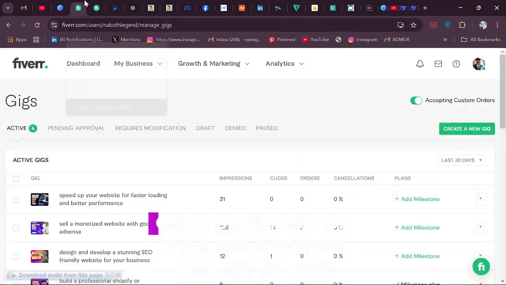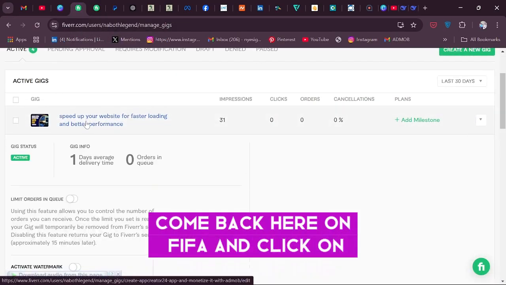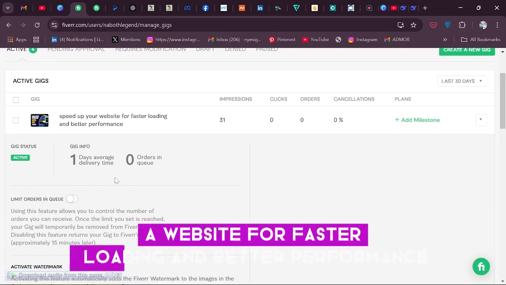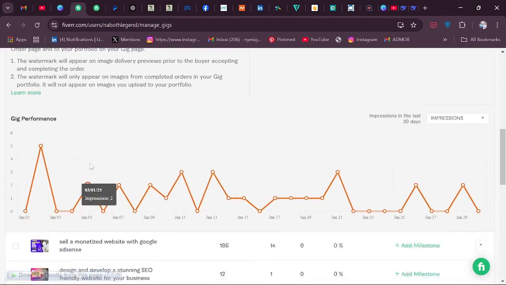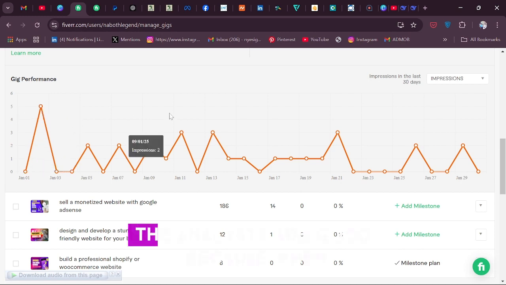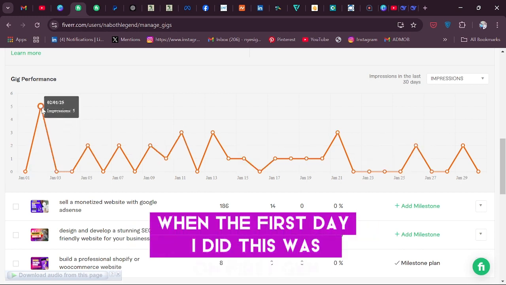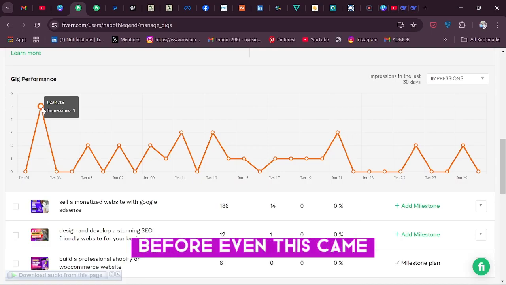For example, when you come back here on Fiverr and click on this gig of mine, which is about setting up your website for faster loading and better performance, I added this gig. As you can see, the metrics are very good. The analysis is good. The first day I did this was on 1st Jan, before even this came.